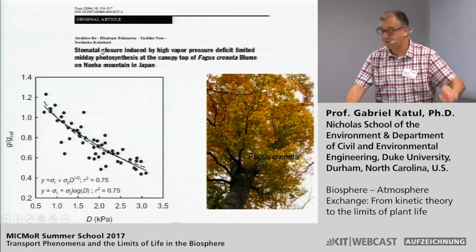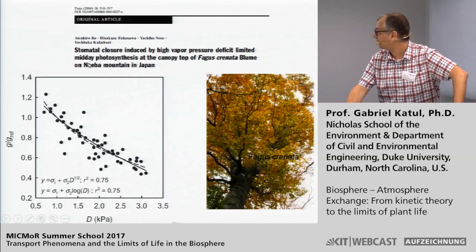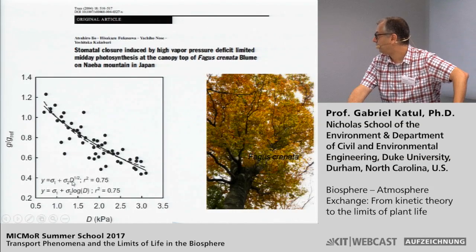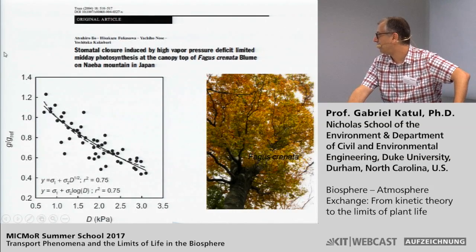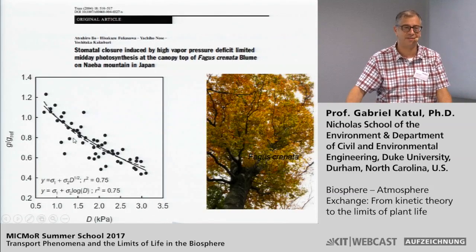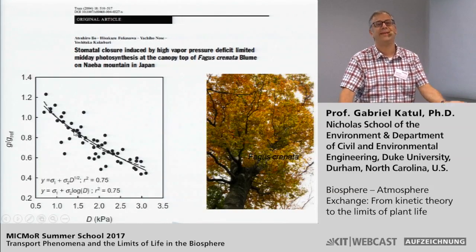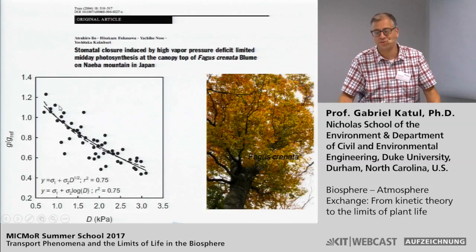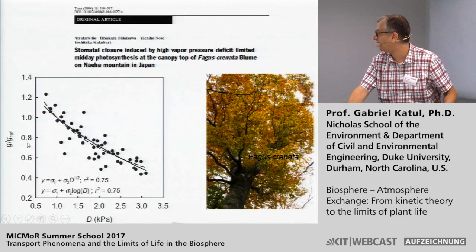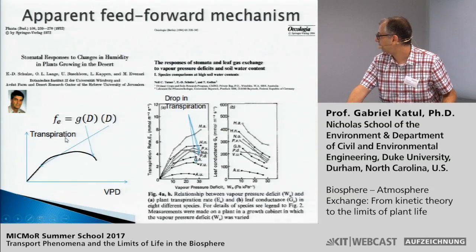Now, typically, if you try to tease apart from data sets what happens, is there any check whether a log D or a D to the 1/2 is a better description? Usually this is the sort of scatter that you will see in data sets, and from a fitting perspective, the data is not going to tell you which is better, but the two are very close. For the range of vapor pressure deficits that we deal with, the two are pretty close.